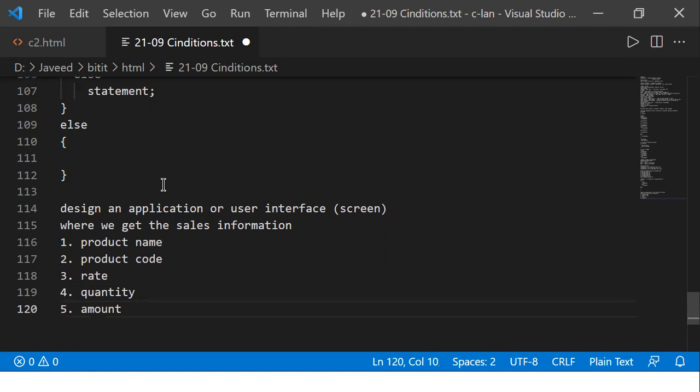I'm talking about only one single product. So you'll enter the name, the product code, the quantity, and the rate. Then the amount has to be calculated.